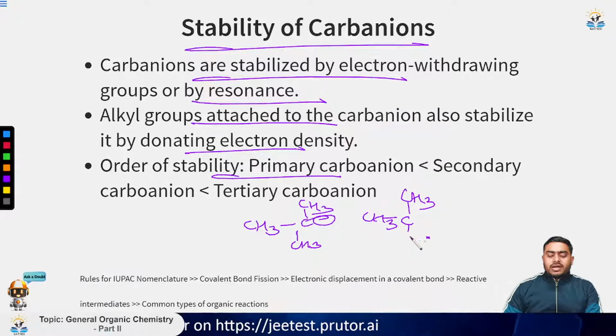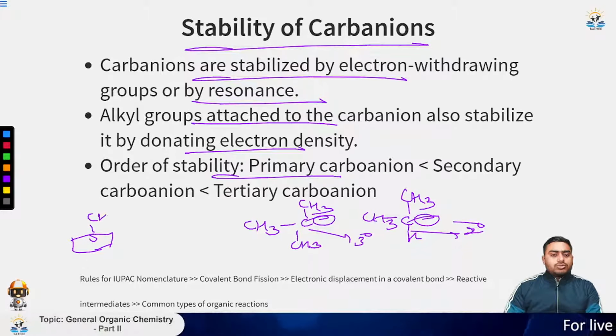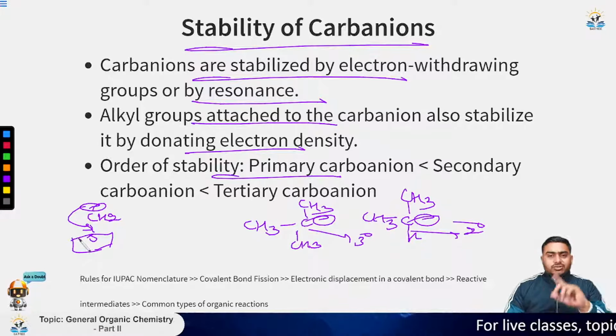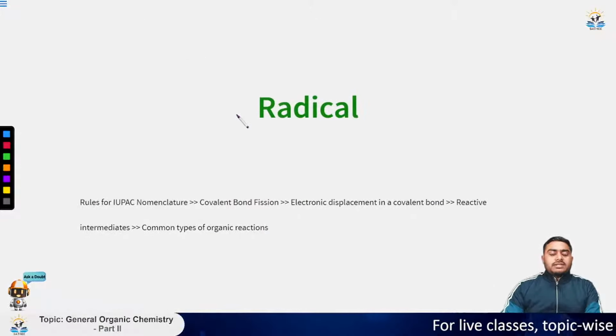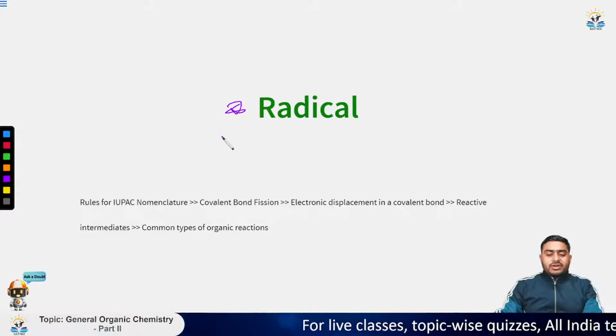I have to attach hydrogen here, hydrogen, and it should be negative. Like this is tertiary carbanion, this is secondary carbanion, and this is benzyl carbanion, CH2 negative, CH2 negative. This negative comes here, then resonance will take place like this. Okay, next is radicals. So we have discussed carbocations, carbanions, reaction intermediates, and now we are going to discuss